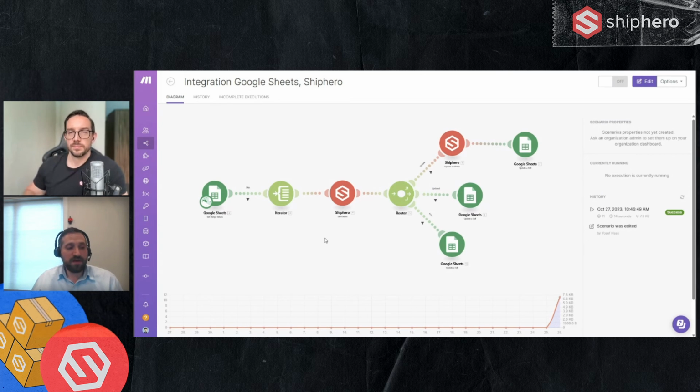Another thing Make is really great for is doing proofs of concept for workflows. If you want to build out some workflow using the API, but you want to do it fast and just see if it works and prove it out, Make will work great for that. And then if you see it's using too many operations, you can always use the API directly. But being able to do that using this user interface makes it a lot easier than writing a lot of code. So it's another great use case for Make.